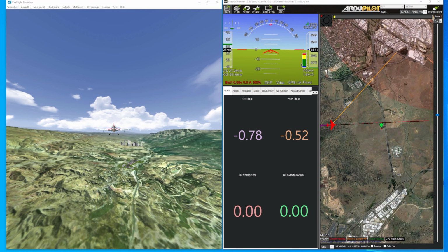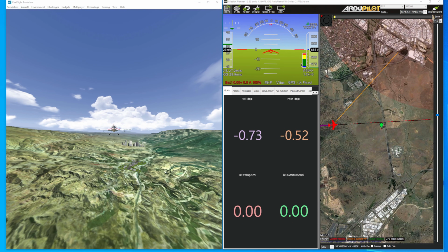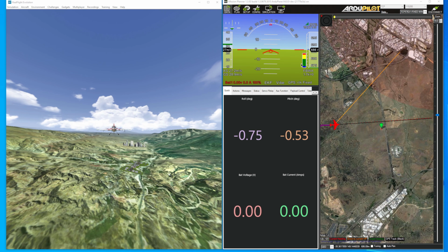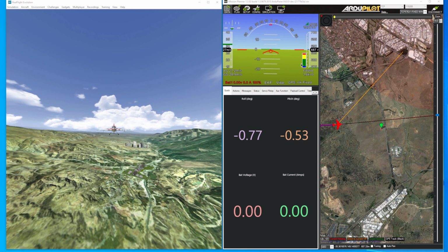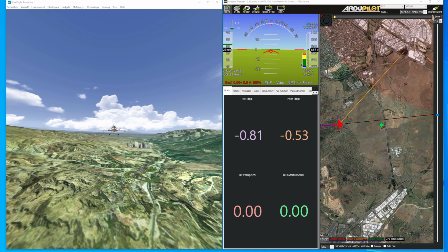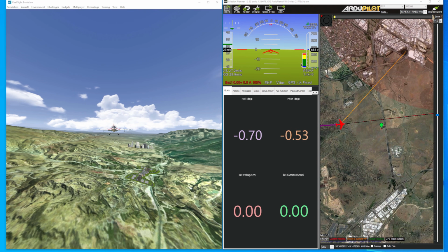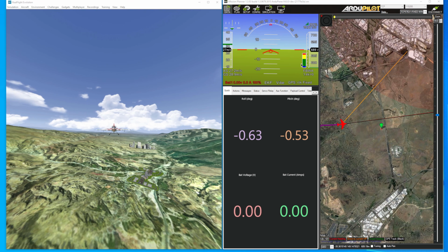This is a demo of the input shaping features that are coming in ArduPlane 4.8. They are merged in master, so if you want to try them, you can get 4.8 dev. And what input shaping is